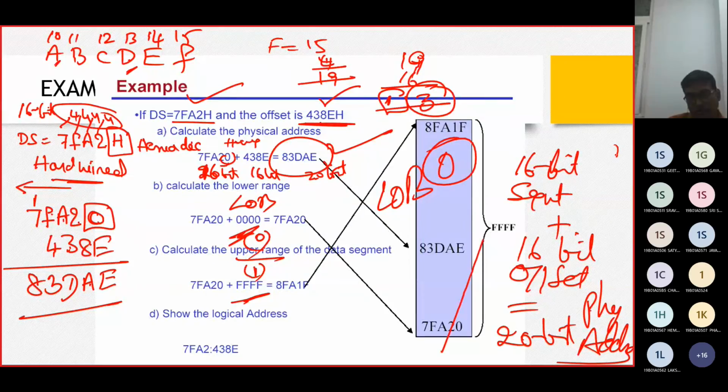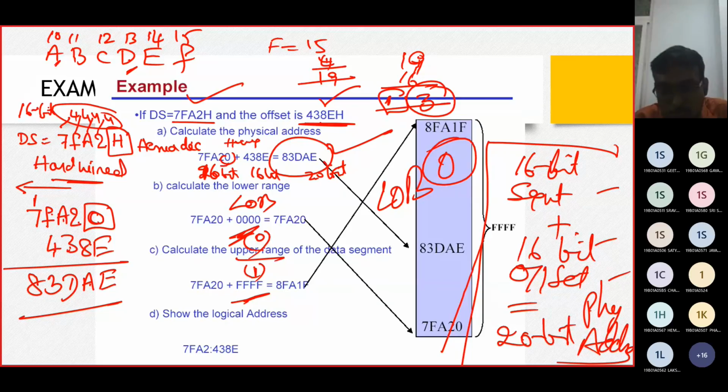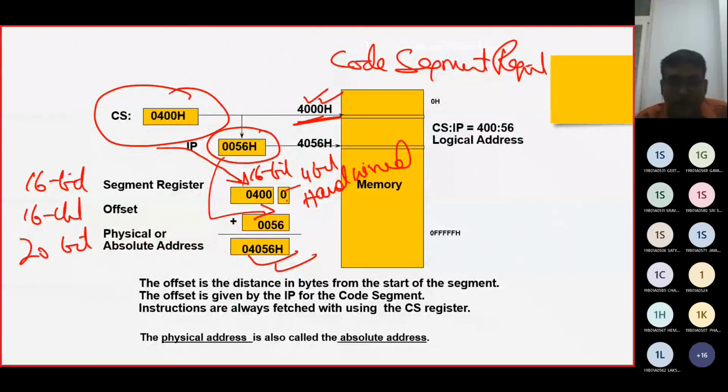So entire thing will rotate for memory segment addresses only with these 16 bit addresses. The 16 bit segment of a physical address added to 16 bit offset, we are going to get a 20 bit physical address. So this thumb rule is going to be accepted, and we are going to make the computations.